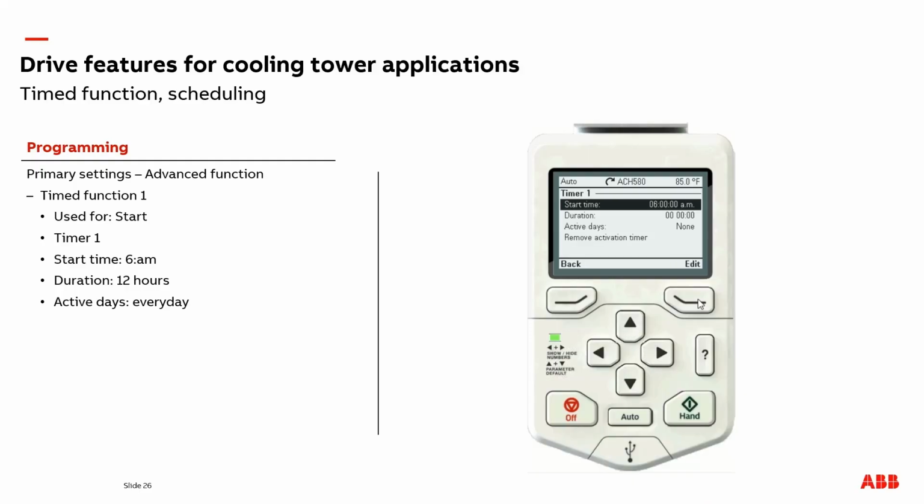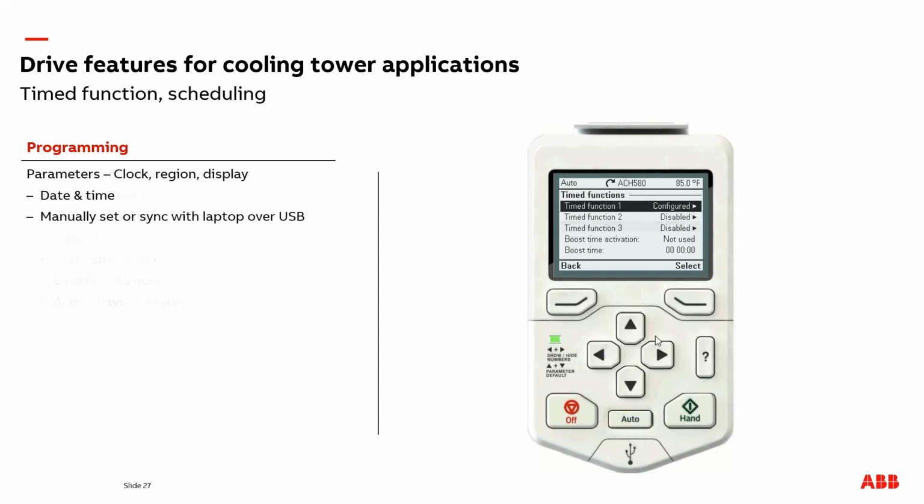to be 6 a.m. I'm going to set up the duration to be 12 hours, 6 a.m. to 6 p.m. So here you can do 24 hours a day, and then days, hours, and minutes of duration. For active days, you can do every day of the week, only weekdays, weekends, or individual days of the week. This can be useful for setting up the drive timer function to activate a rotation at a single day of